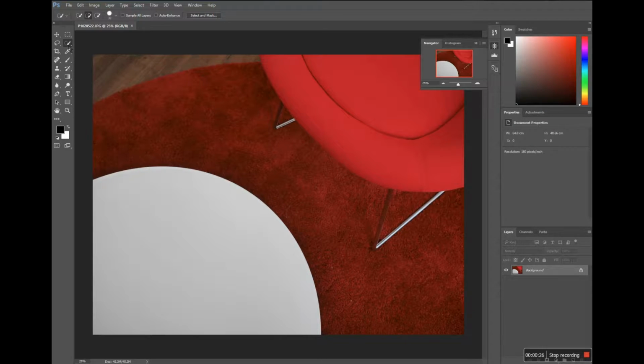The selection tool I'm going to use is the quick selection tool, and this selection tool picks up contrast areas. So the contrast here between your subject and the background, the better, the easier it is for your subject to be picked up by this tool. So by highlighting the tool